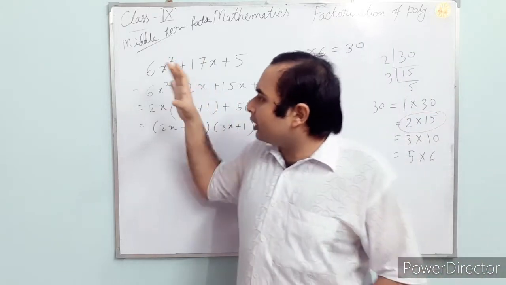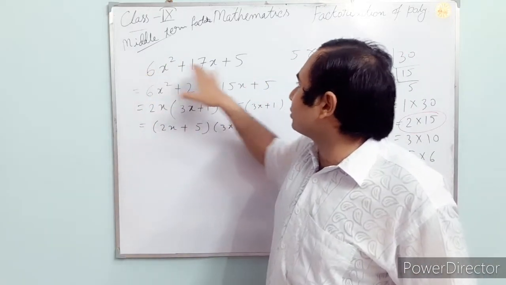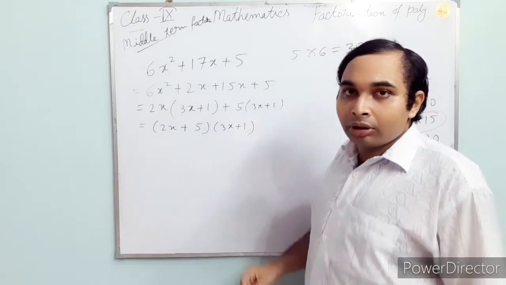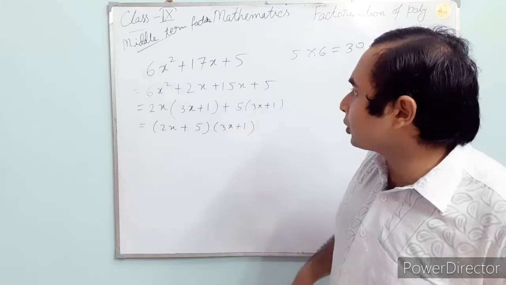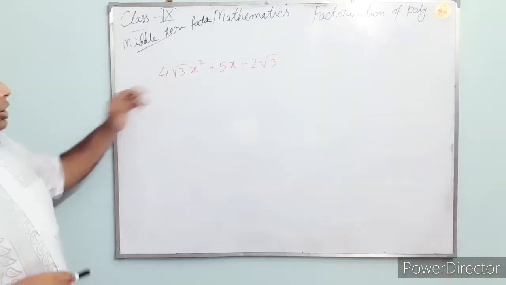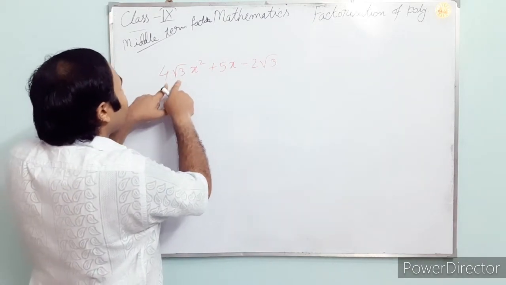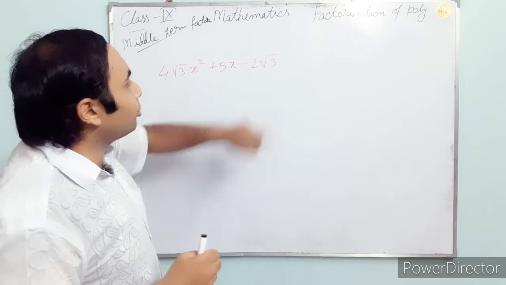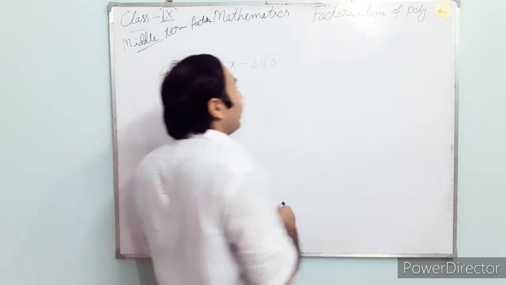I will do the middle term factors only, but another type, that is whenever those coefficients are irrational numbers, then what you have to do. Sometimes I have seen some students stagger in that portion, so let us do that one. This is now our example. Here just see the coefficient of this one x square is one irrational number and the constant term is also another irrational number. The same rule will be applied here.